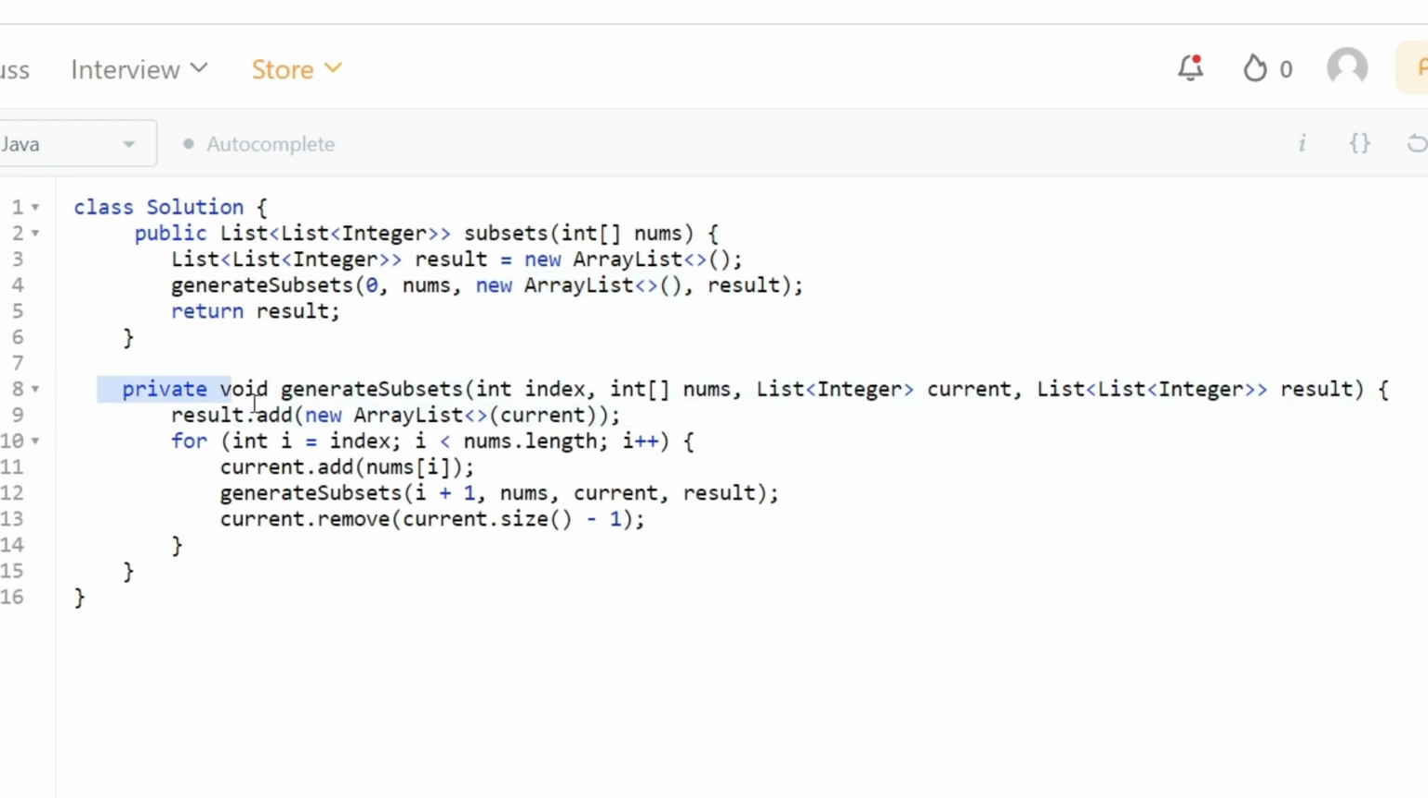Now let's see our helper method. So first of all, the moment we enter inside our subset, we are going to add whatever the current array list that we have been able to generate so far as part of our result, as a new instance of the array list. And then we are going to have a for loop that is going to simply iterate over every single index position inside our nums array, where we are going to check for the following. First of all, we are going to add the current value